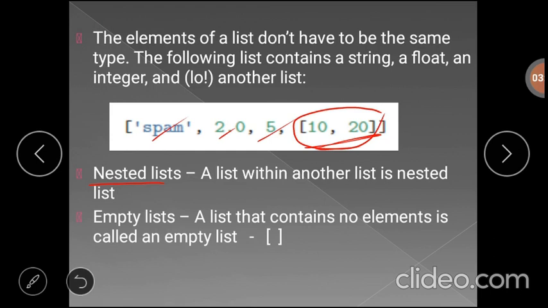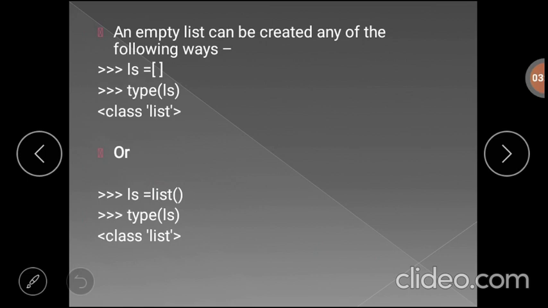Suppose the list does not contain any elements, then we can call that an empty list. An empty list just contains the square brackets. Again, this empty list we can create in two ways. One is to directly assign the square brackets to a variable. The second is to call the built-in method list without passing any arguments.